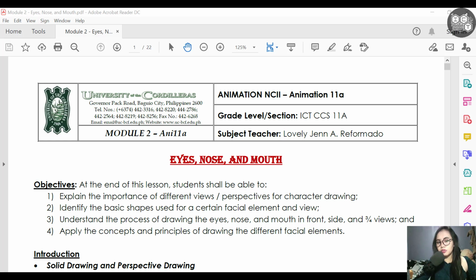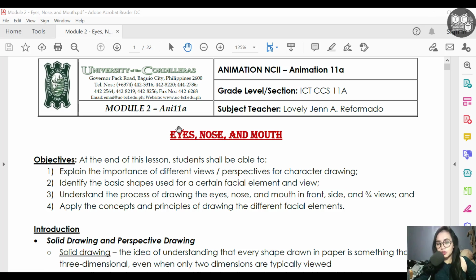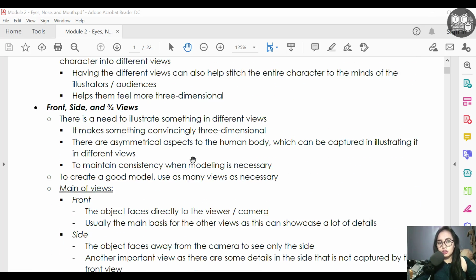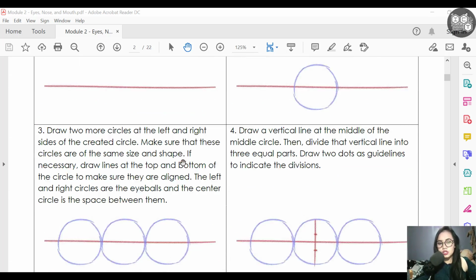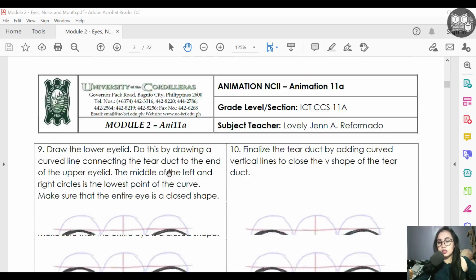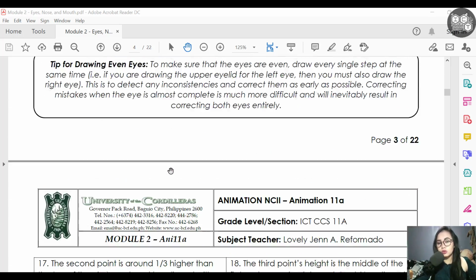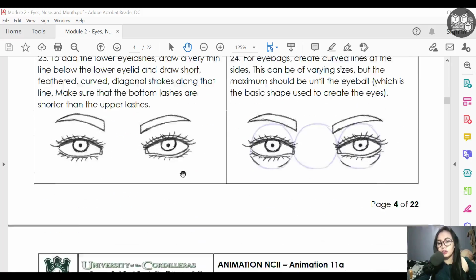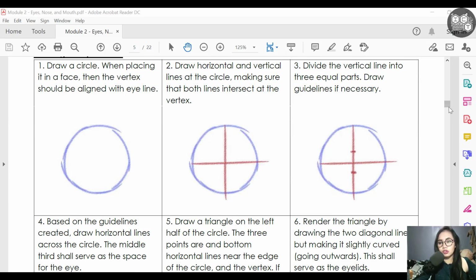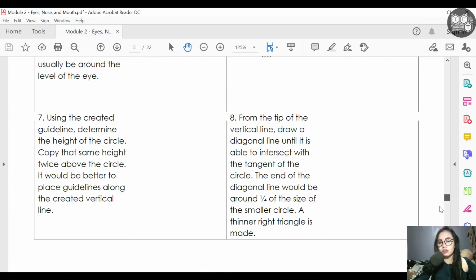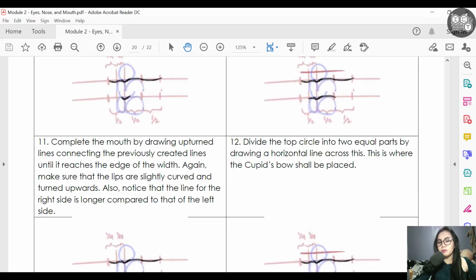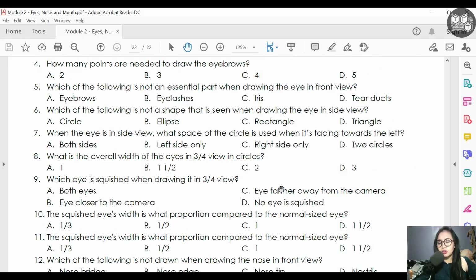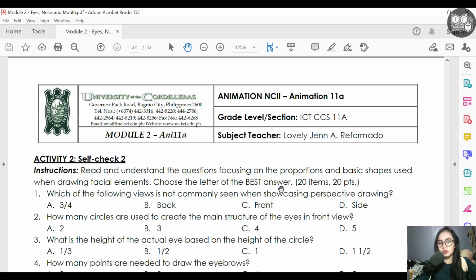Today, we'll be focusing on module 2 on the eyes, nose, and mouth. Reminders before we begin. If you've seen the module, it's more or less a step-by-step process on how to do your eyes, your nose, and mouth in three different views. You have your front view, your side view, and your three-fourth view. It's medyo mahaba siya. However, if you're going to see yung sa may quiz natin or yung sa may activity,